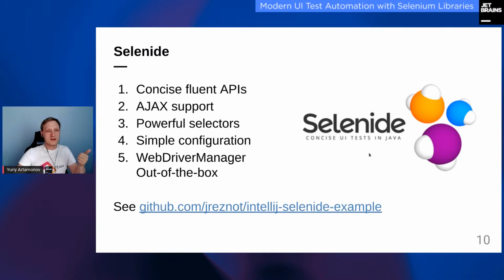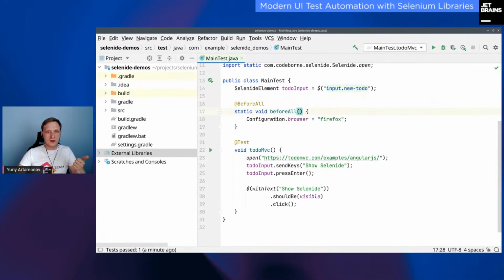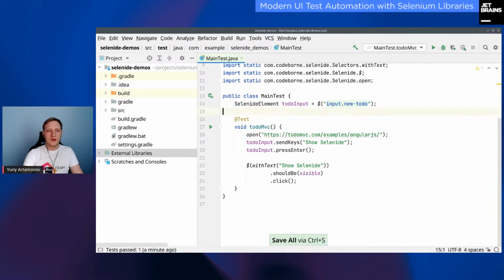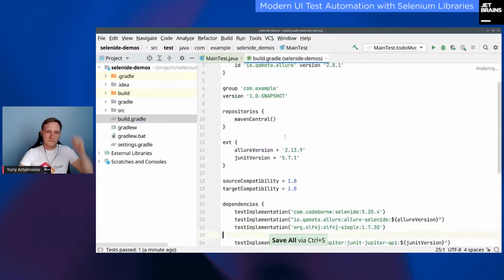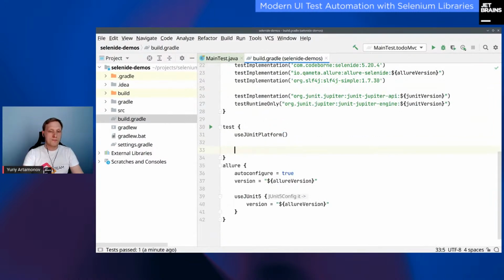Okay, also I should mention this option about simple configuration. If you remember, I configured the browser using this line. This is not how we should do it in real life, because sometimes I want to test my web application with different web browsers. How can we do this? We just go and remove this altogether, open our Gradle script, and here we will configure our web browser